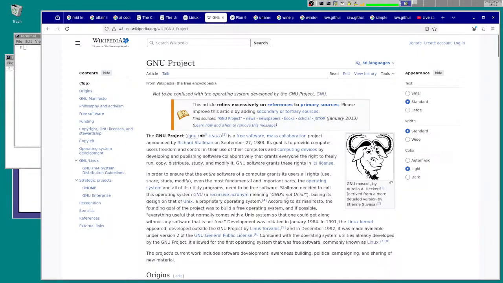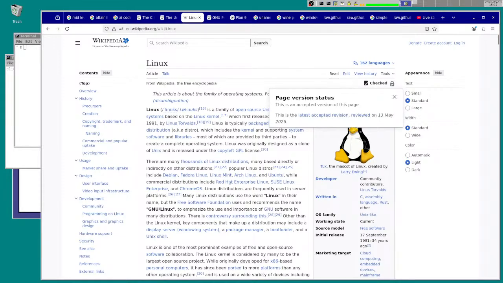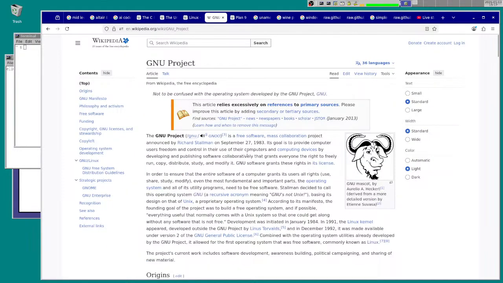GNU is specifically not Unix. It's complete rewrites. Linux is an example of a complete rewrite of something. So GNU is these things that are complete rewrites that are not Unix, but they're rewrites that do kind of the same things that the software did.